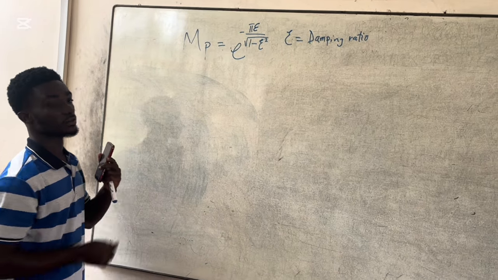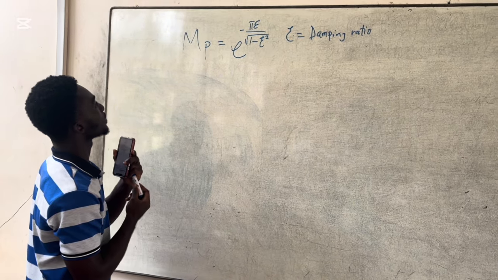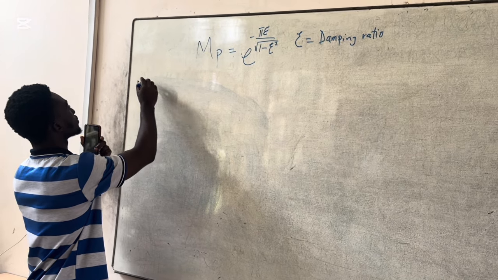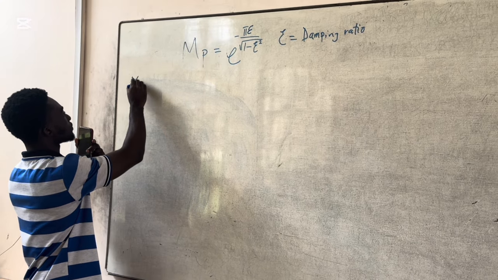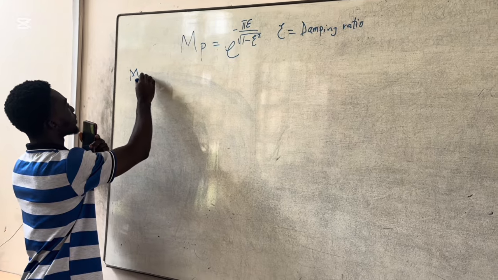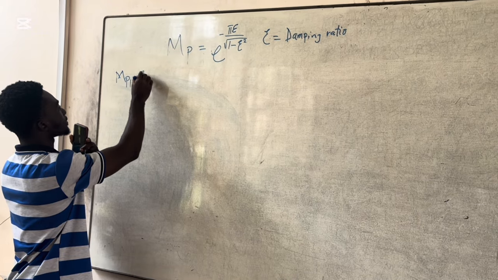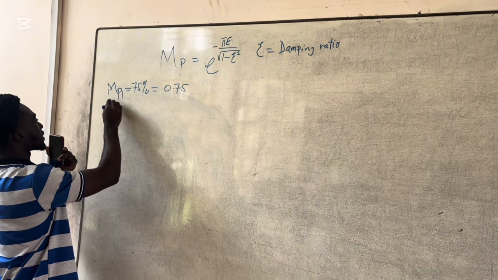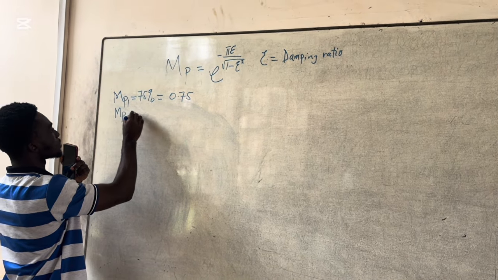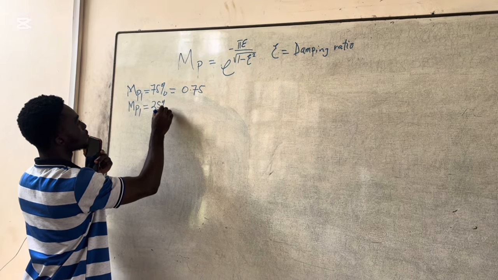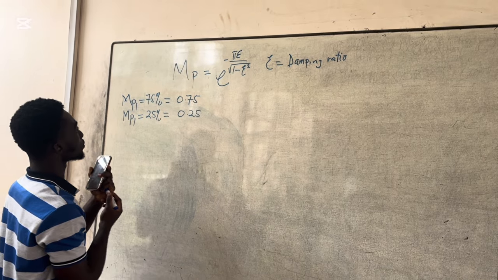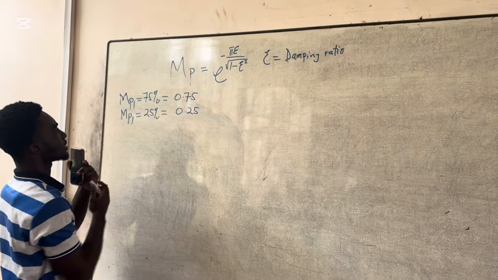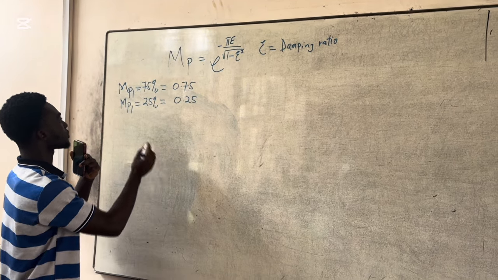So first, we have the overshoot formula on the board, and then we were given the first case to be 75%. So let's represent the first overshoot with a 75%, which is going to give us 0.75. And let's represent the second case, which is 25%, to be 0.25. So we substitute both the first case and the second case into the overshoot formula, which is going to give us